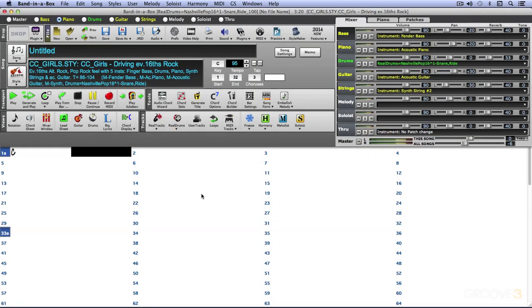There are 4 alternate ways of entering chords into the Band-in-a-Box chord sheet. The first one is entering chords from a MIDI keyboard. Now with a MIDI keyboard controller or guitar controller hooked up, you play chords, and we can capture those chords